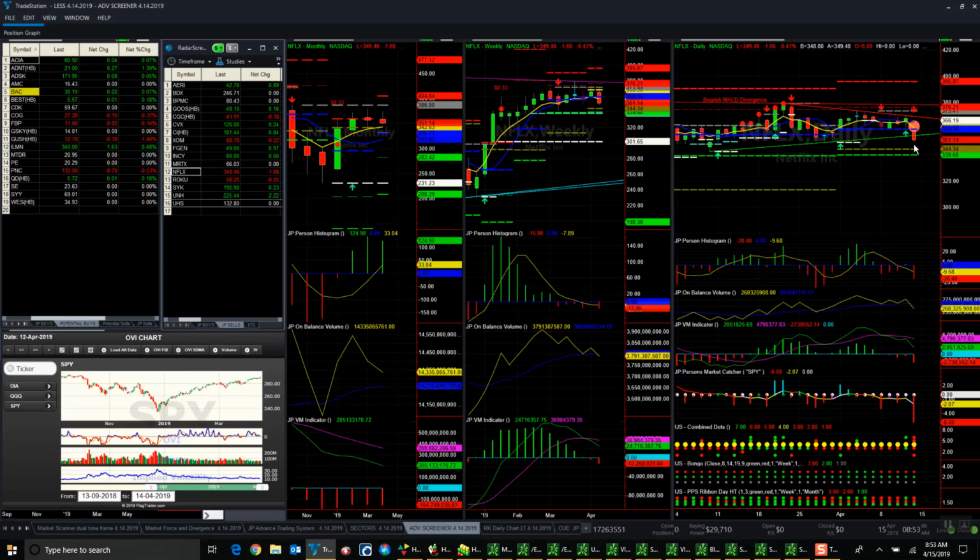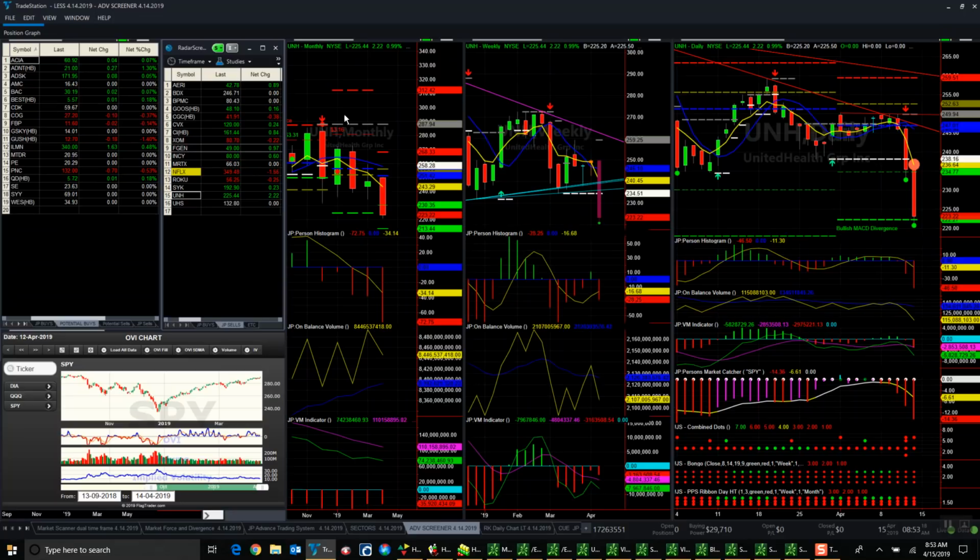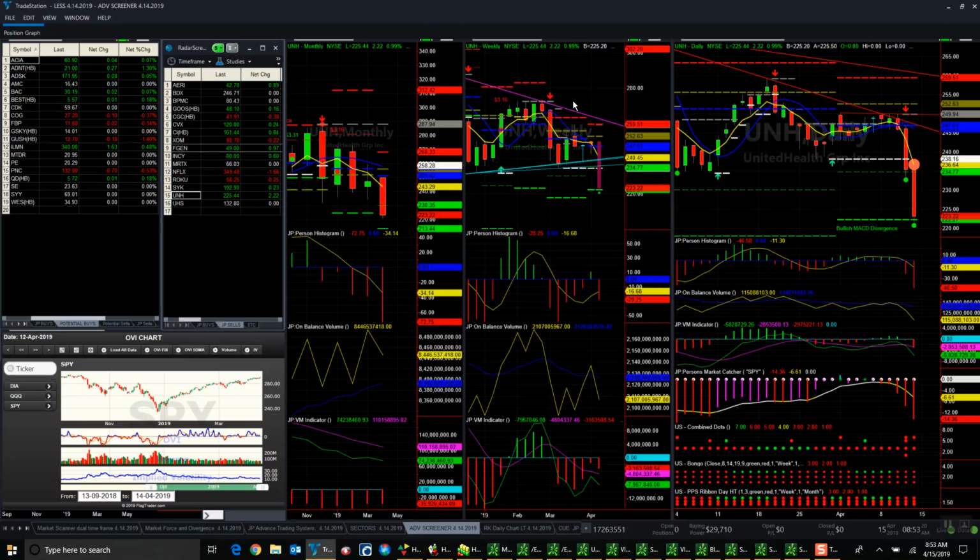Look at United Healthcare. What a dog. Excuse me, I shouldn't say that. I'm calling them. Broke through a triangle here, broke below support here. Now, the reason why I wouldn't run out and short this is these green dots tell me there's some MACD divergence to the upside, and maybe it's done falling for now. But what a lousy day. Look at Insight. Another failure at resistance,